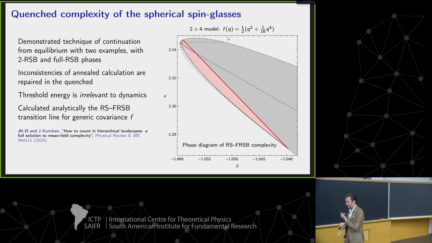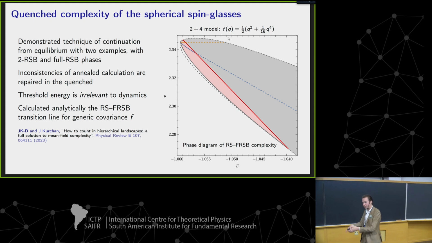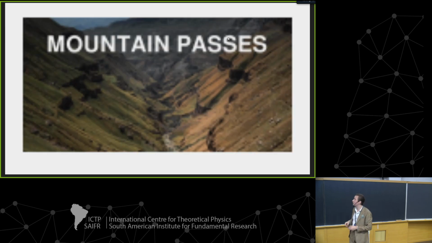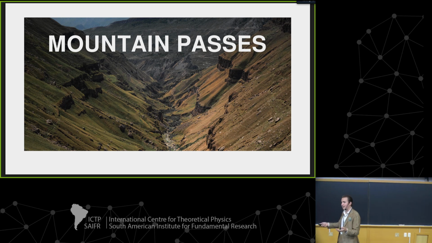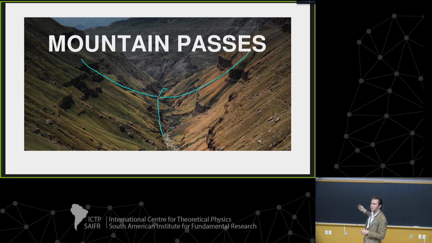But we weren't interested in these models with weird RSB. We were interested in a model, this 3+4 model, this original motivating thing that my colleagues studied initially, which doesn't have any non-trivial ground state. And so the question next is, how do we study the non-trivial correlations between saddles, which are like little mountain passes? My cute pictures, you know?